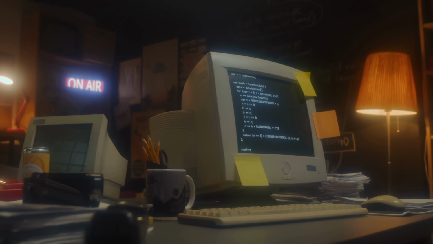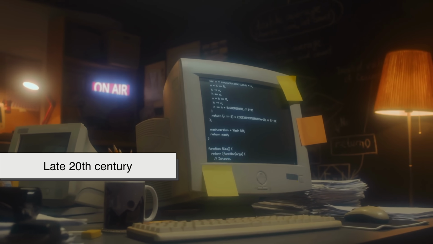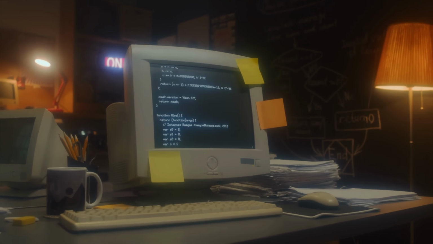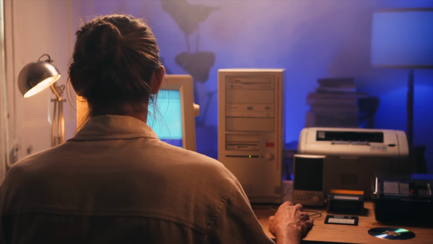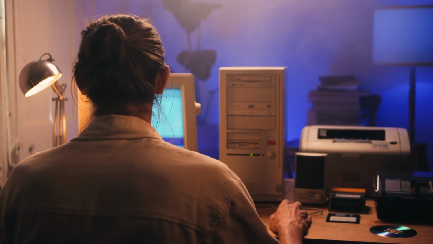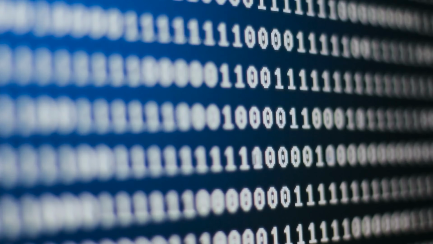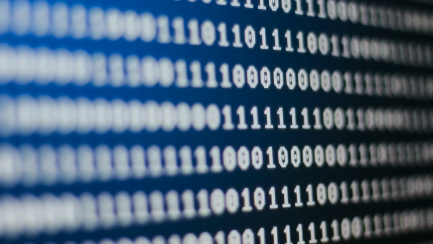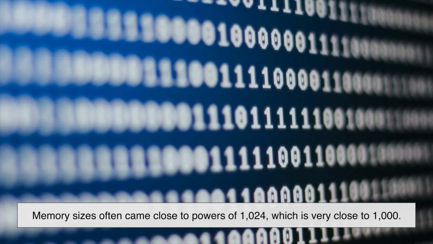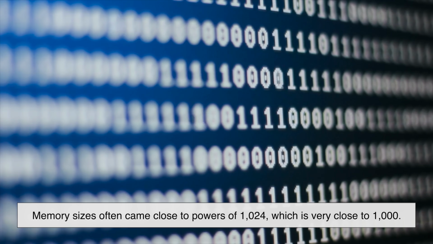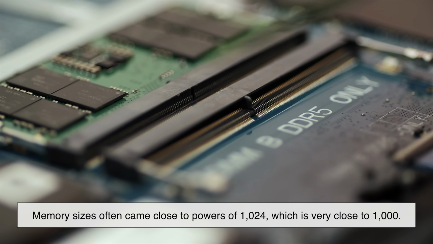When computers began entering everyday life in the late 20th century, the letter K gained an entirely new role. Early computer engineers needed convenient ways to describe memory sizes. Because computers operate using binary numbers, memory sizes often came close to powers of 1024, which is very close to 1000.